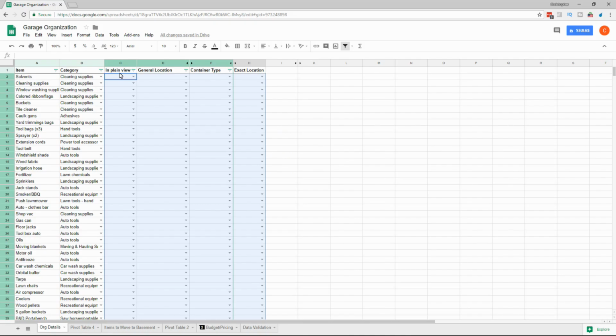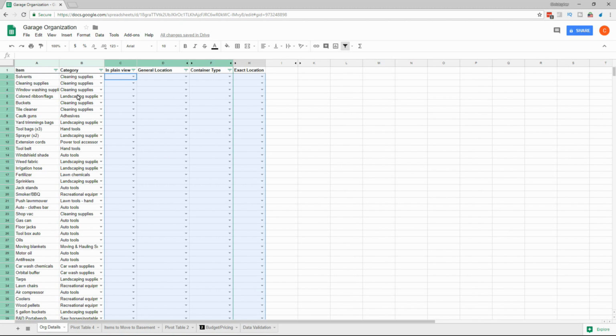Hopefully you watched the first video where we put together a rough plan for organizing the garage. In this video, we're going to refine that plan. We're going to choose the specific storage solutions that we want, and we're going to create a blueprint for getting everything installed. So far, we just have this sort of skeleton plan where we have a list of items, and